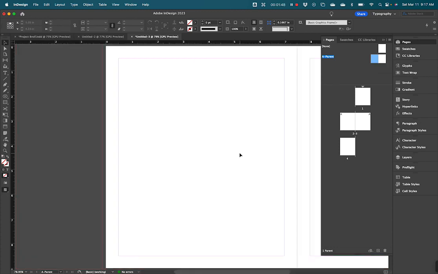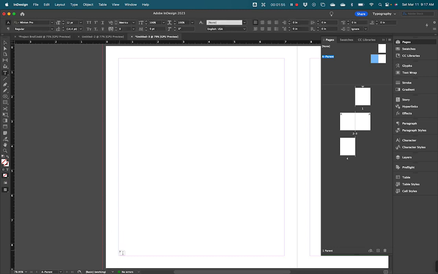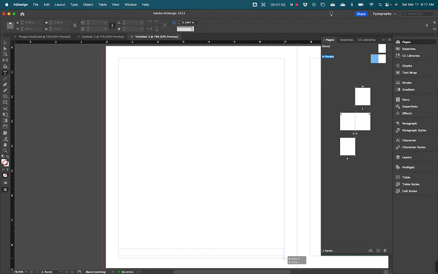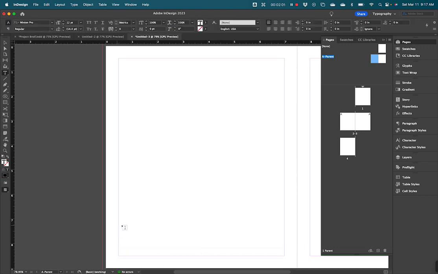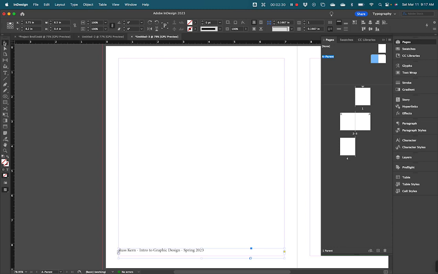So I double click on that, and I'm going to go over here to my tools and select my type tool and just draw out a text box that extends from one margin line to the other. And I'm just going to type my name, the class, and the semester in here. There we go. And go grab my select tool, and I'm just going to kind of pull this down to